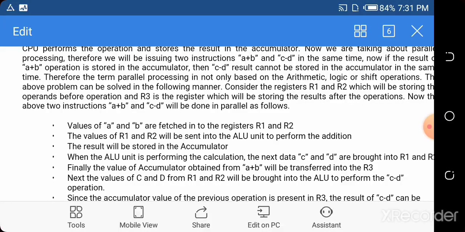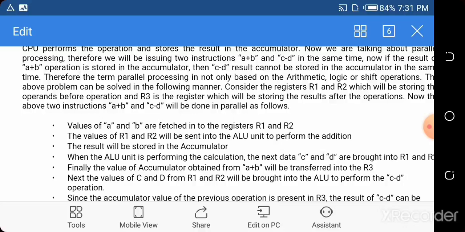In R1 and R2, which hold A and B, we have to perform the addition operation. Which operation? Arithmetic, the addition operation. So R1 and R2 will be sent to the ALU and it performs the addition operation, and the result will be stored in the accumulator. When the ALU unit is performing the calculation, the next data C and D are brought